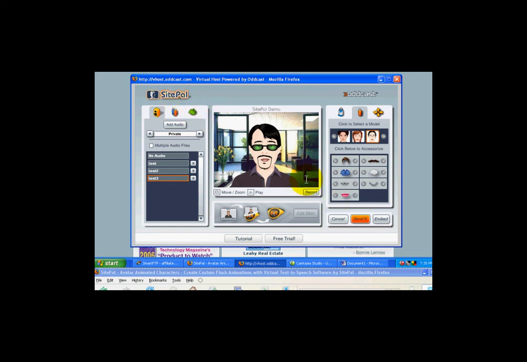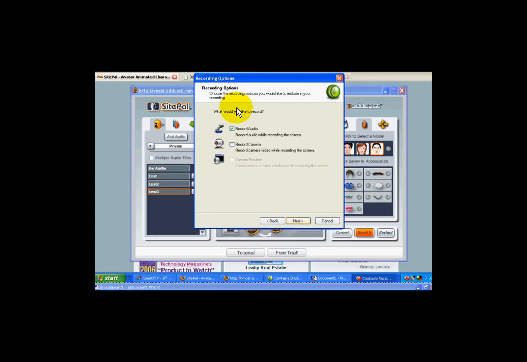Now once you drag that and release it, you'll go to this next screen, and basically it's going to ask you, what would you like to record? You're going to record the audio, and then you'll click Next,